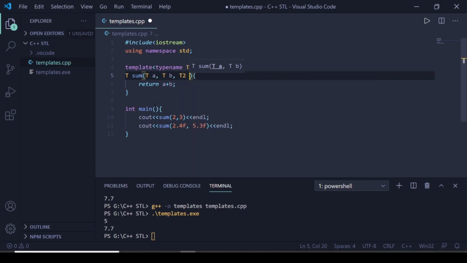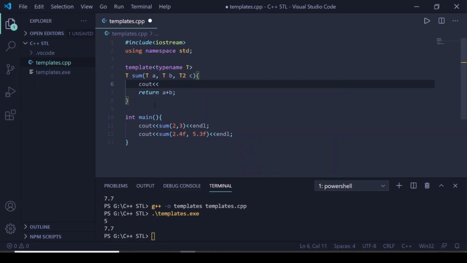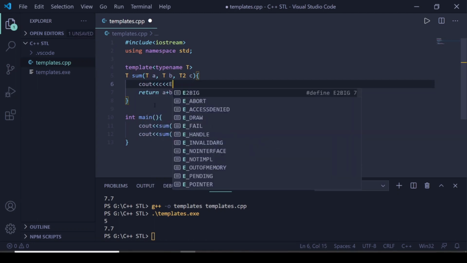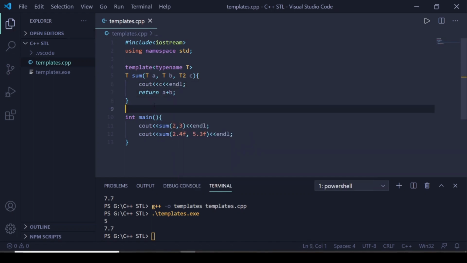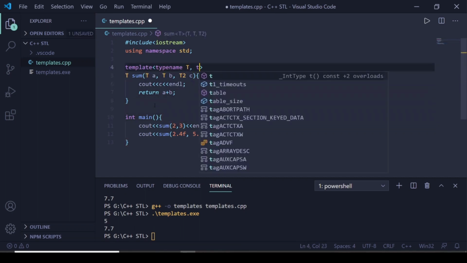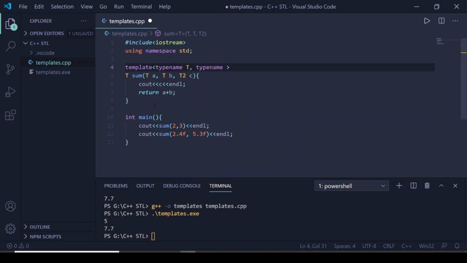That would be the third parameter, and what we want is to output that third parameter, so output C. It will be returning this thing and outputting at the same time. Now we have to define T2 also, so I define T2 here as it's also a type name, and we have used T2 here.